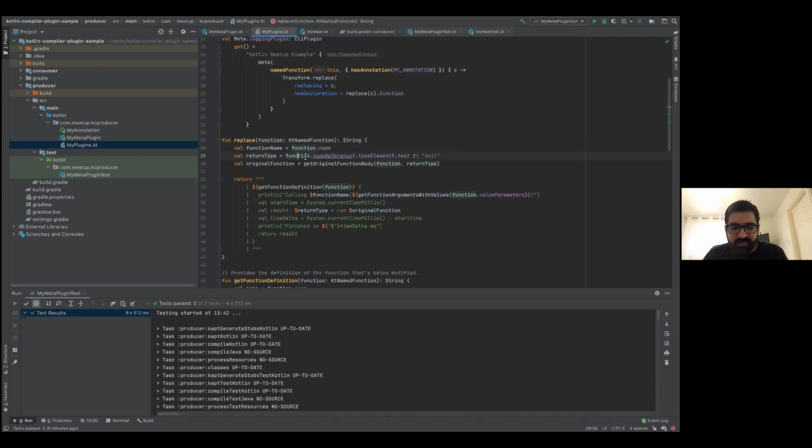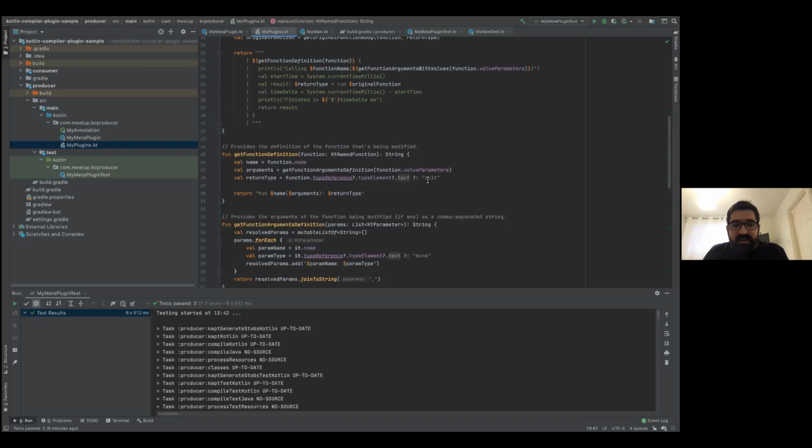But the thing is that it's not very intuitive. When you get the function, maybe you expect to just call return type to get what it's returning, but no, you have to call all of these things so that in the end you can get the actual return type. Not only with that, but also with